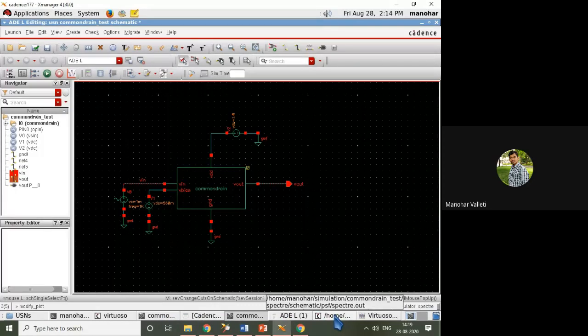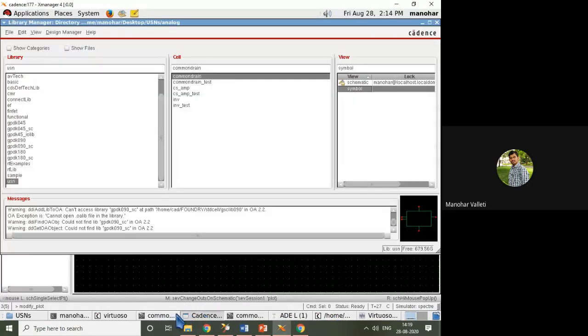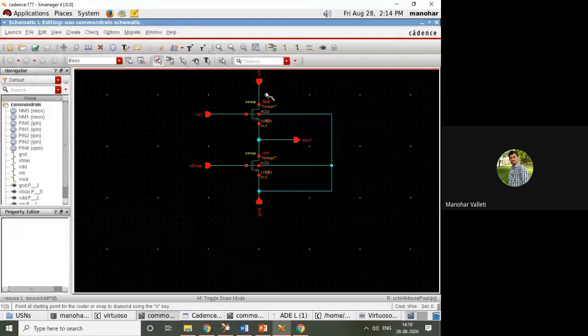But you will get at least some 800 like that, the voltage. So you just see here both the transistors have the same width. Instead, I will change like this, to improve the output.